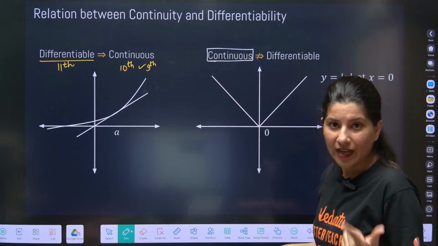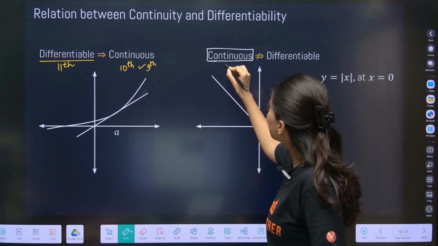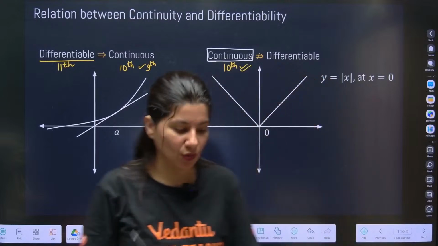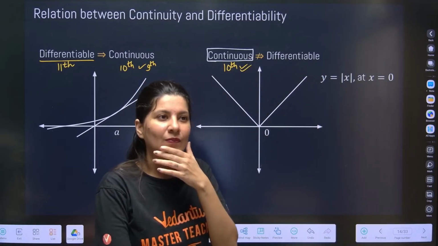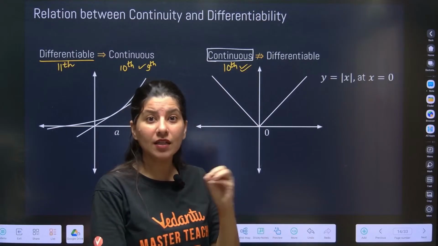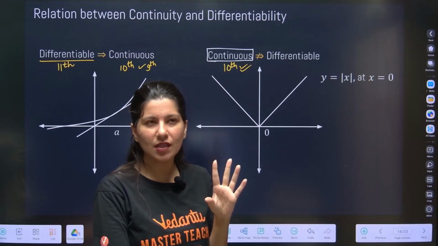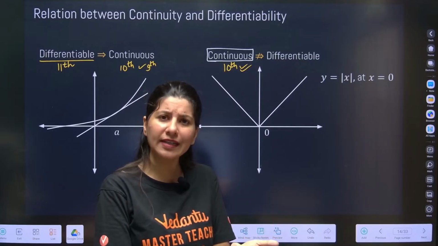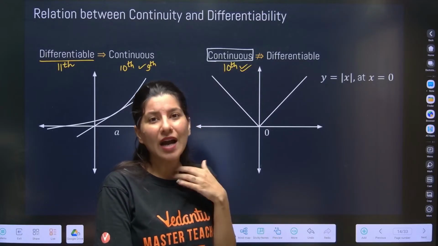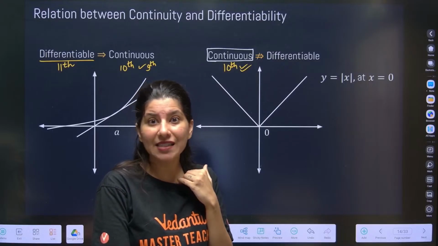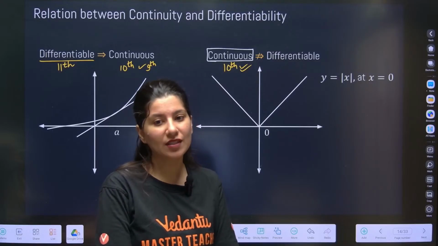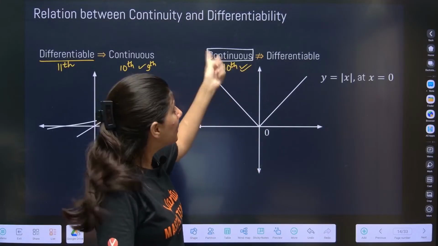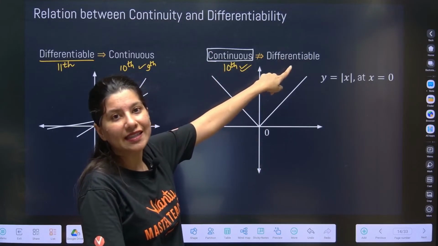Suppose a function is continuous, that means it is like class 10th pass. You are seeing the 10th class report card. Will you say with 100% confirmation that this student passed class 11th? Even if you say 100 on 100 in class 10th, you can't say that person passed class 11th unless you see the report card. So if a function is continuous, it doesn't 100% mean that it is differentiable.